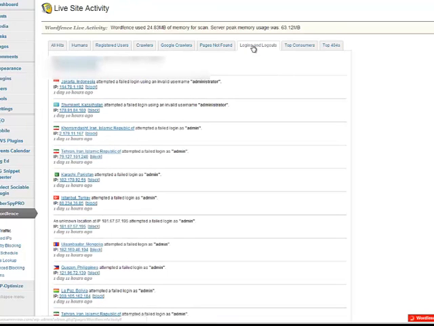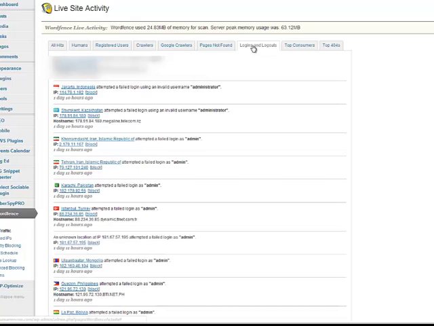And this is a site that my son has, a real simple site, just a 4 or 5 page site. So we're not talking about anything world class. But look at all these people here, failed login trying to use an administrator name. Here's one, Kazakhstan, Republic of Iran, tried to log in as admin. And see what it'll let you do. It actually lets you go in here and block these IPs in here. Here's another one from Iran,